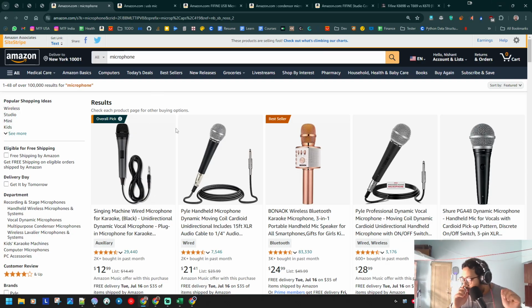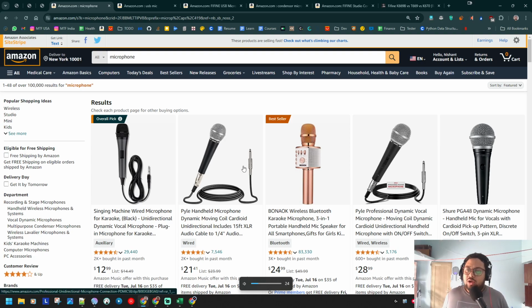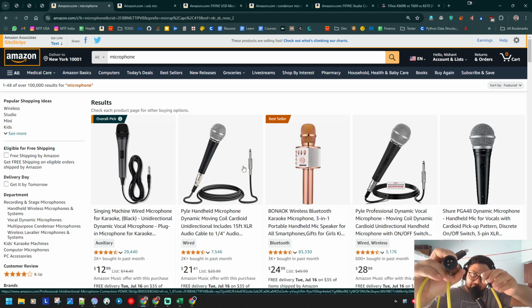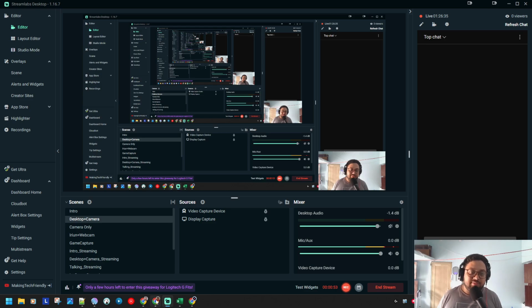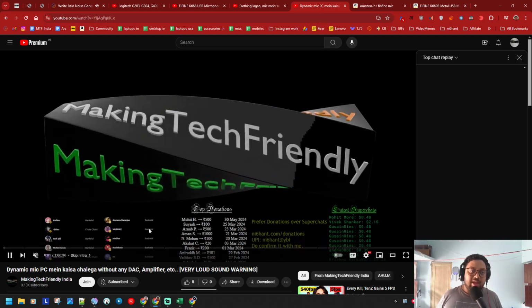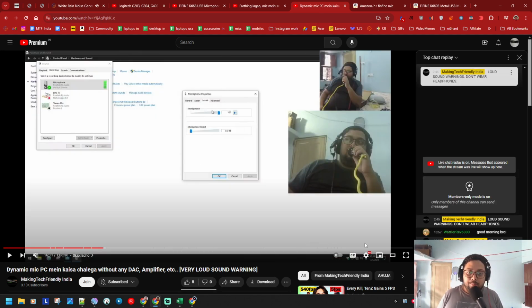When I went to get a microphone, the first thing that left me confused was what would happen if I just use a dynamic mic whose output is an XLR cable. What will happen if I use this and try to plug it into the PC? That was something that has been bothering me for quite some time, and I did it, and basically the